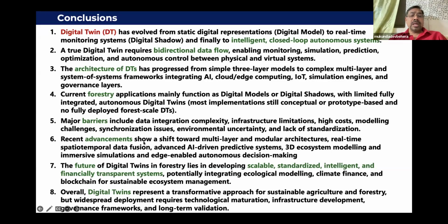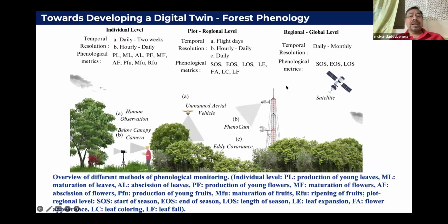So as far as the current forestry applications, they mainly function as digital twin models, or you say digital shadows, with very limited, fully integrated autonomous digital twins. Most implementations are still conceptual and prototype based, and there exists no fully deployed forest scale digital twin as far as I am concerned. Now I'll take you to